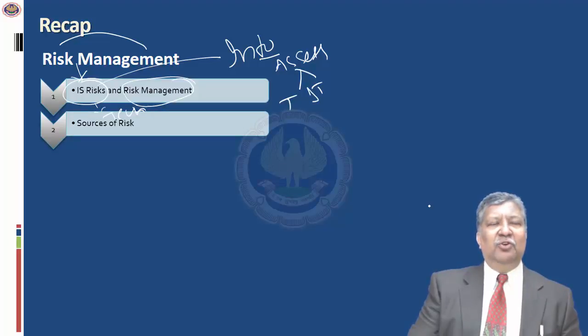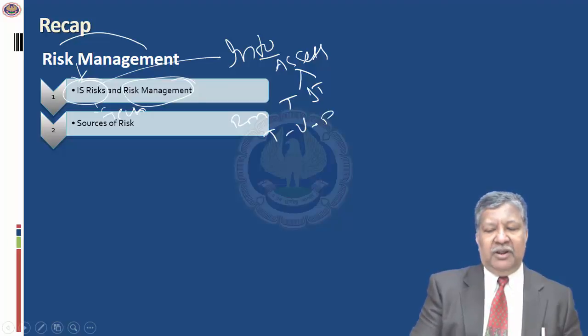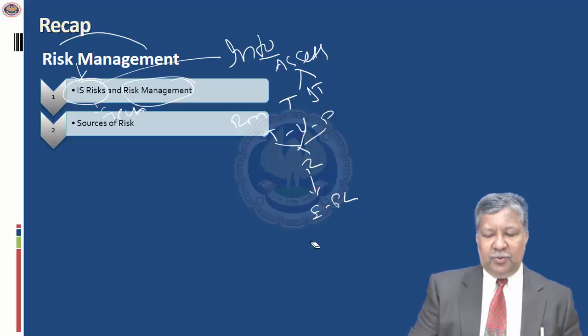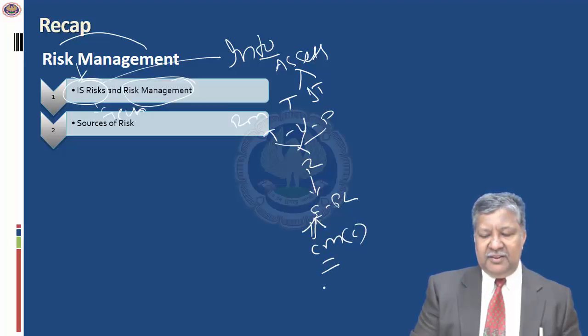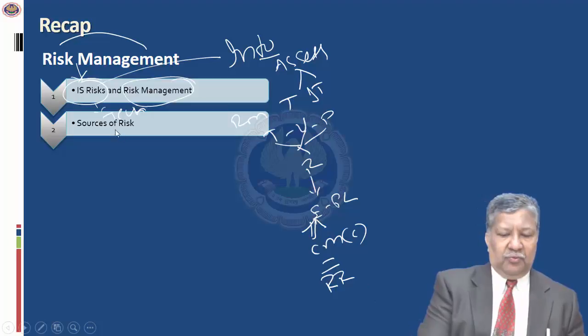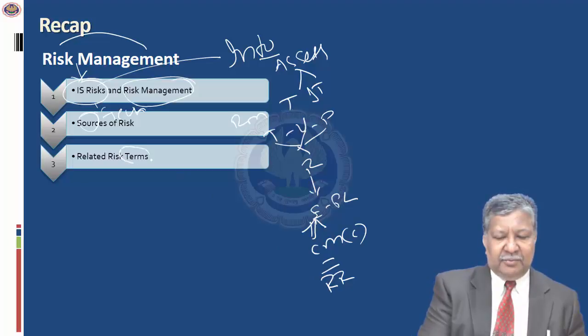When you're doing risk management, you know fundamentally risk management is the interplay of threats, vulnerabilities, and the probability of the occurrence. When these three interact, this results in a risk. This risk results in an exposure, which is a potential loss. So to mitigate this risk, you need to ensure that you have the right level of controls. That's where you call them countermeasures, or these are also called controls. And by doing this, we're able to bring the residual risks to an acceptable level. So we have different sources of risk. We have discussed some of the key terms pertaining to risk management.